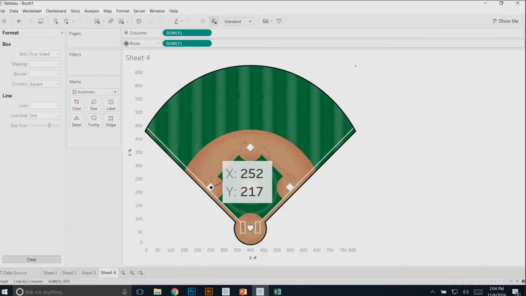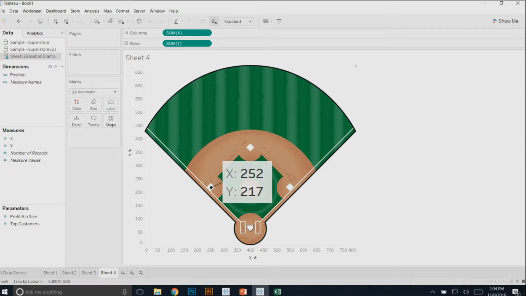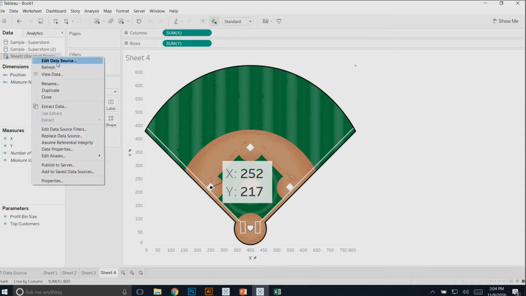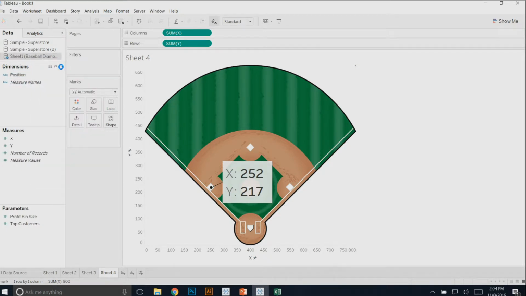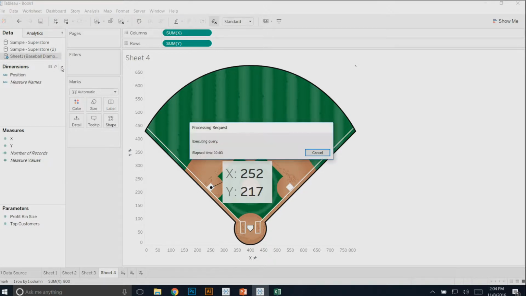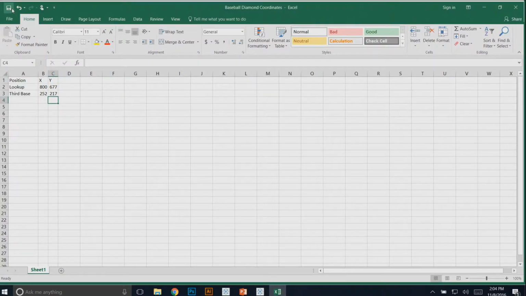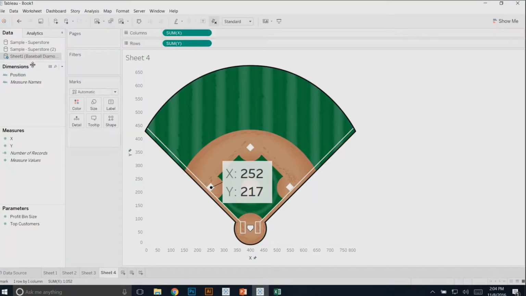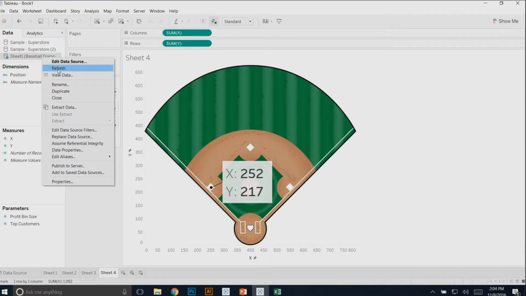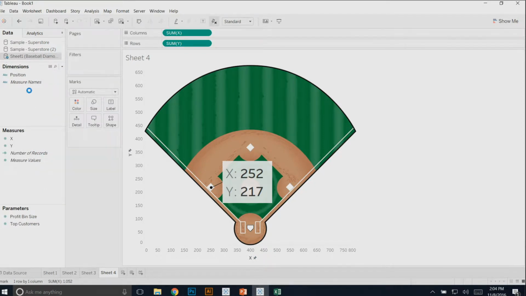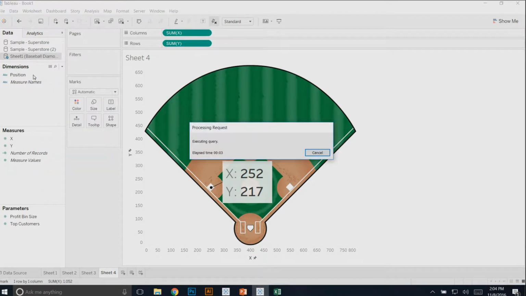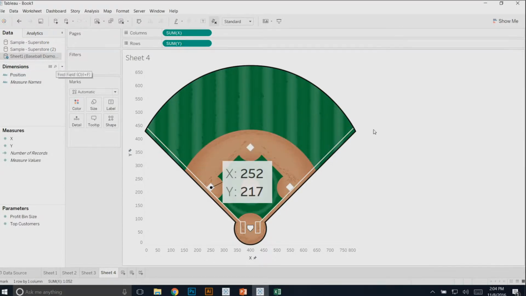It's not able to refresh unless you save the data source. I would personally do the first data point and then refresh it just to make sure I know what I'm doing. We should see a new data source appear. Let me make sure I saved it. Oh, I don't have the position on here yet. So right now there's no level of detail. That's why it's not seeing it. So if I add that to detail,